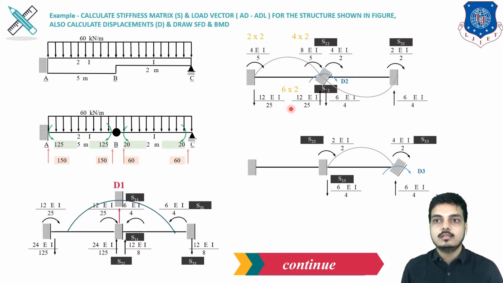The formula will be 6 EI by L square, 6 times 12 upon 5 square, 25. So here, and here 6 EI by 4 only. So like this we can draw for unknown number 2. In a similar way, we will draw the diagram for unknown number 3, which is the moment at C point, as D3. So the moment will be 4 EI upon L as clockwise, and here 2 EI upon L as clockwise, and its reaction will be anti-clockwise. One is down and another will be up. So these were the diagrams of our unknowns. Now we will move ahead with the next step.